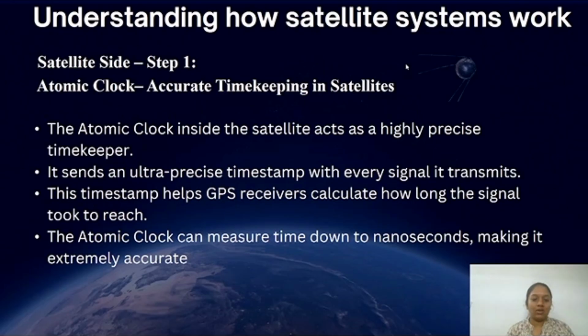And this timing is so accurate that it can measure even the tiniest delay, down to nanoseconds. If there is even a small error in this, the GPS location would be incorrect, which is why the atomic clock is one of the most critical parts of the GPS system. Now next is